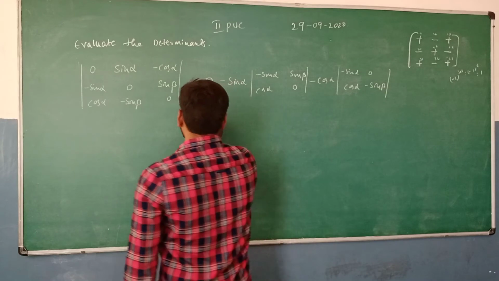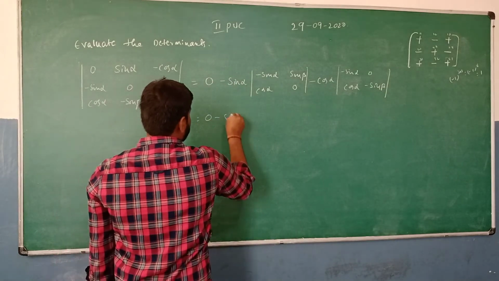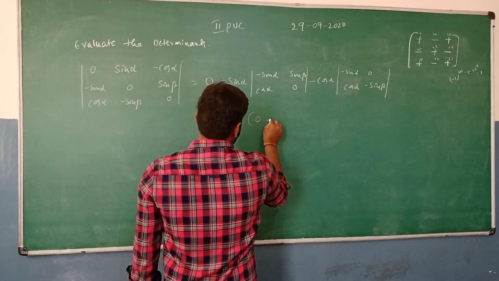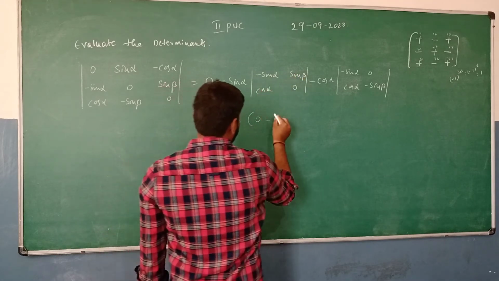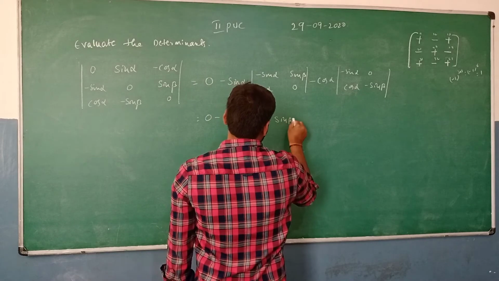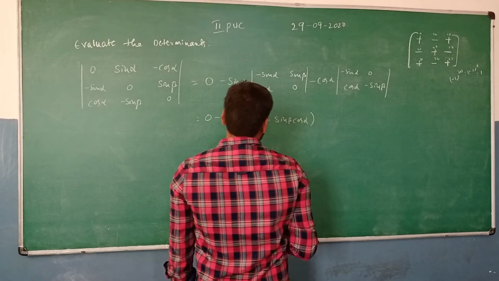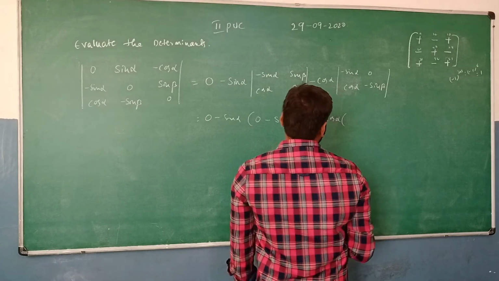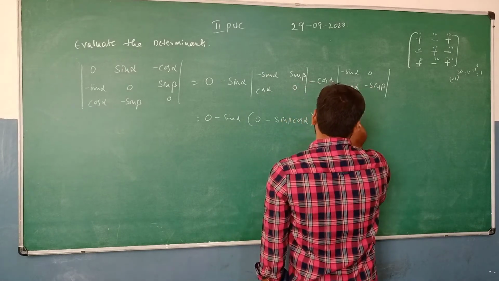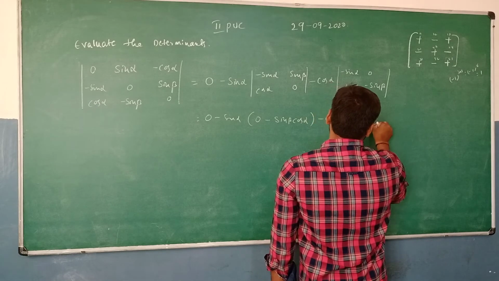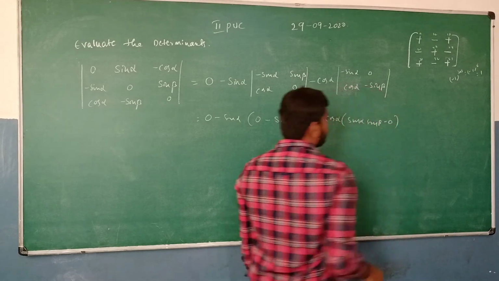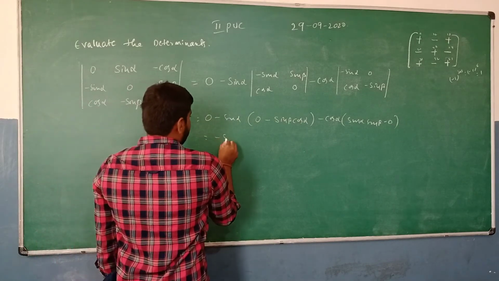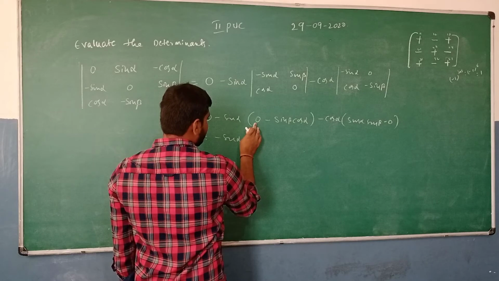Okay, so 0 into minus sin alpha, sin alpha into 0 that's going to be 0. So minus sin beta cos alpha can be written as sin beta cos alpha, so it's going to be the minus cos alpha into, so minus into minus that's going to be plus sin alpha sin beta minus 0. Okay, so here is going to be minus sin alpha into